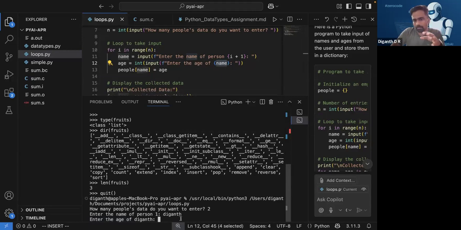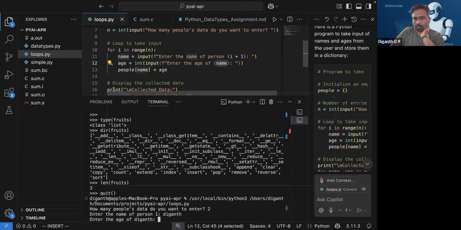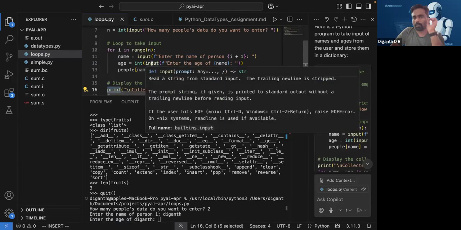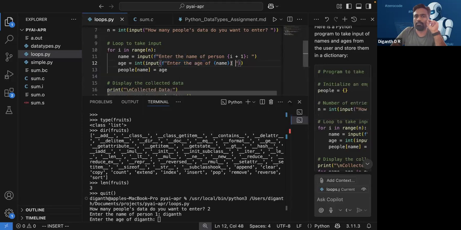Standard input is the keyboard, and where are we seeing it? We are seeing it on a monitor. So to see something on a monitor, we are using print, right? So input has an implementation where internally it has a print statement where you can print something and it will